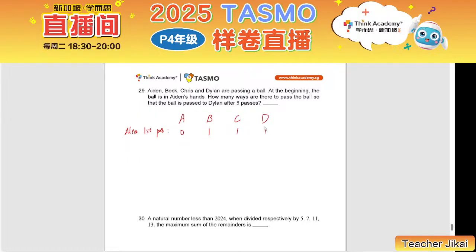For B getting the ball, only one way: get it from Aiden, right? For Chris, also one way for getting the ball after the first pass. Get it from Aiden, right? So after the second pass,